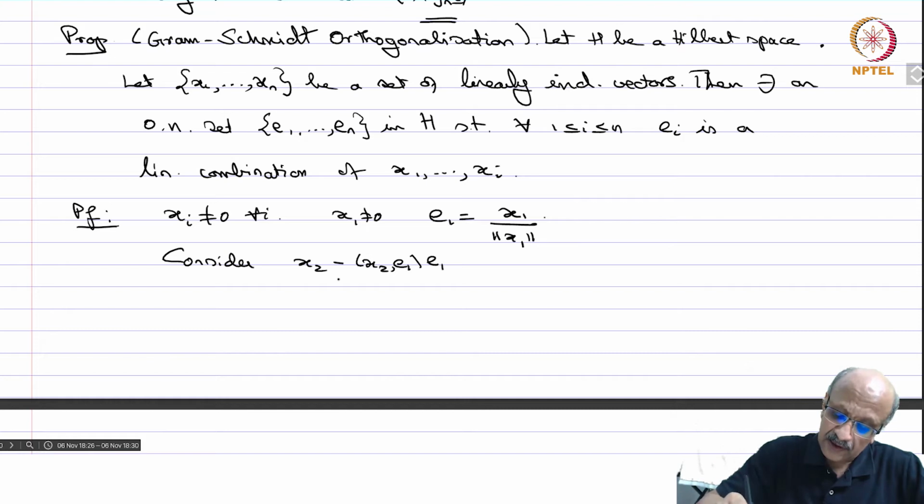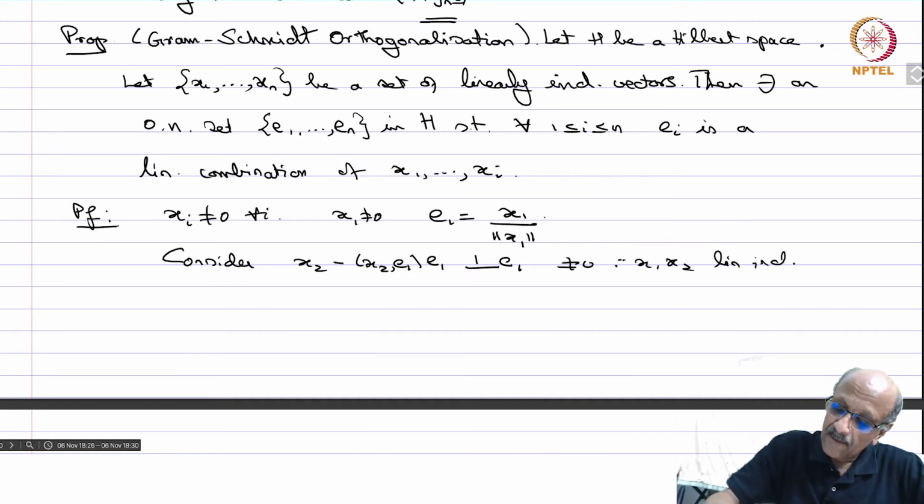Now this vector is orthogonal to E1, because if you take the inner product, you will get ⟨x2, E1⟩ minus ⟨x2, E1⟩⟨E1, E1⟩. ⟨E1, E1⟩ is 1, and therefore ⟨x2, E1⟩ minus ⟨x2, E1⟩ is 0. So this is orthogonal to E1, and it is not equal to 0 since x1, x2 are linearly independent,